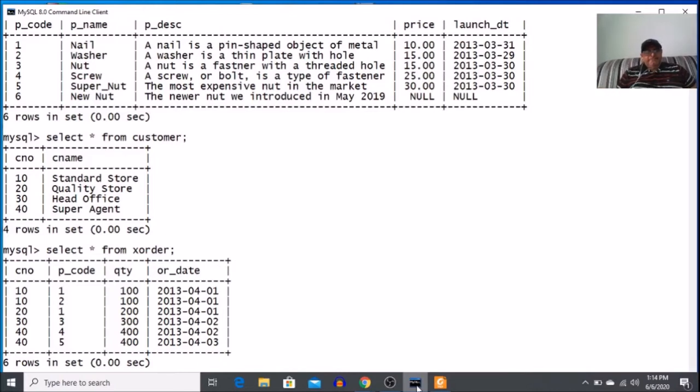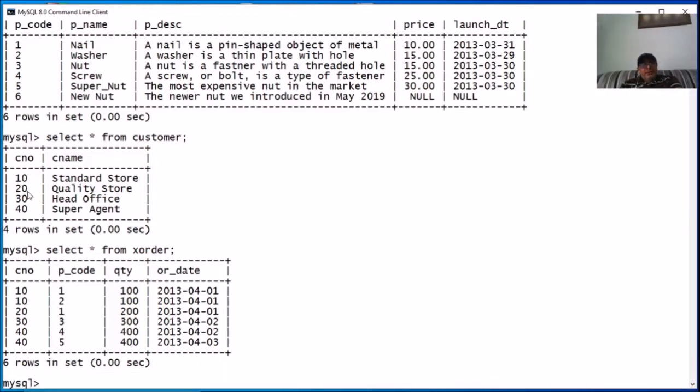For example, customer number 10. If I want to check for which product code customer number 10 has ordered, I will have to switch to this table. Customer number 10 has ordered for P code 1 and 2.